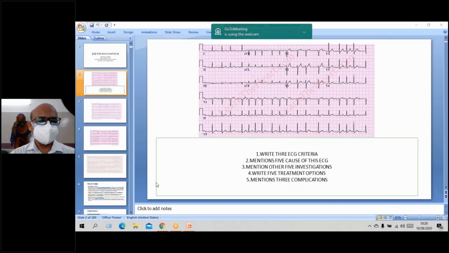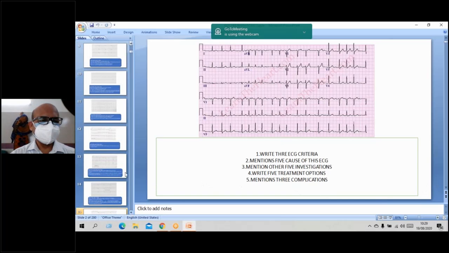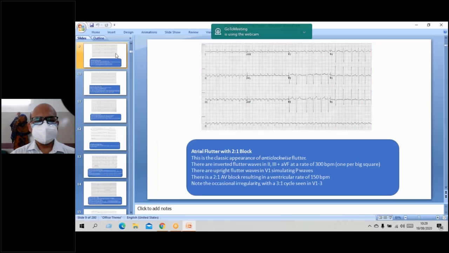Good. Now I'll discuss another ECG. It's important for you. This is another ECG. This is atrial flutter. Below, block mentions 2:1 block atrial flutter. If you see this ECG, this is the rhythm. Both are